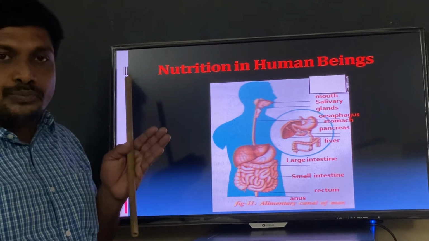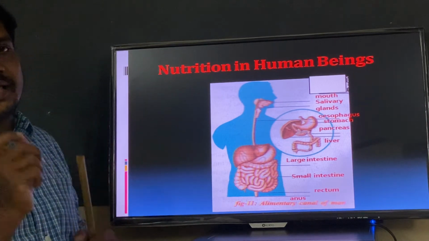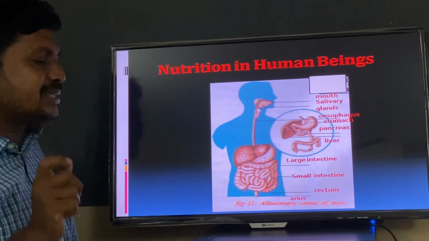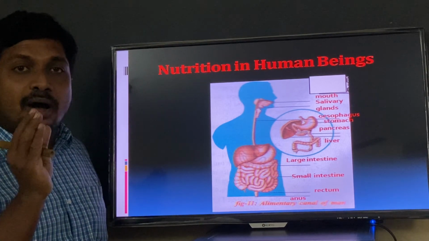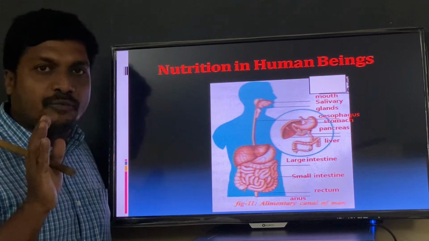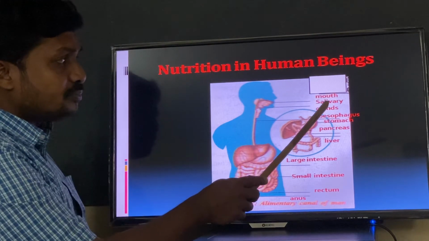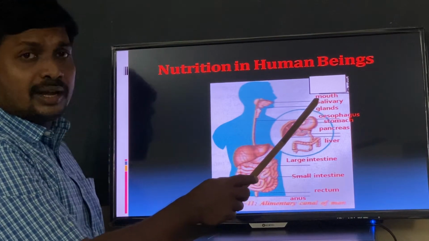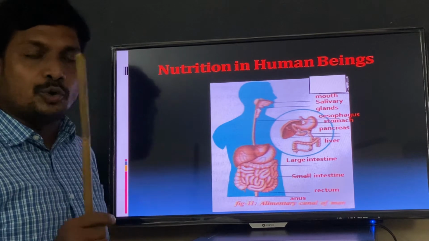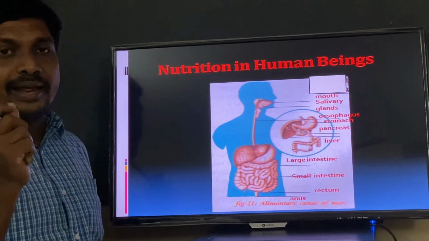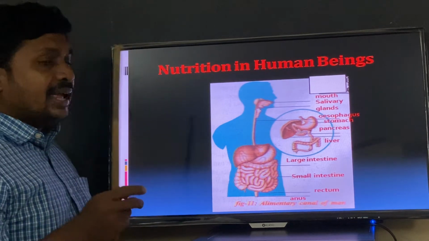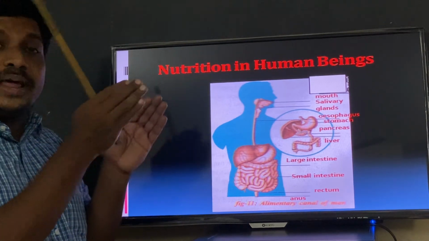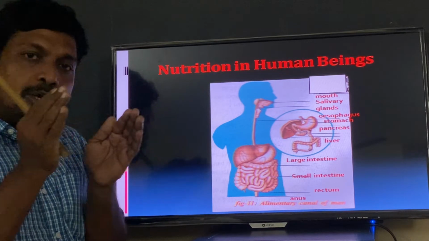Conversion of complex food molecules into simple ones with the help of enzymes is known as digestion. In the human body, enzymes are released in the form of juices. Here, the salivary glands release a juice known as saliva, which contains an enzyme called amylase, also called ptyalin. Enzymes act on complex food molecules and convert them into simple ones.